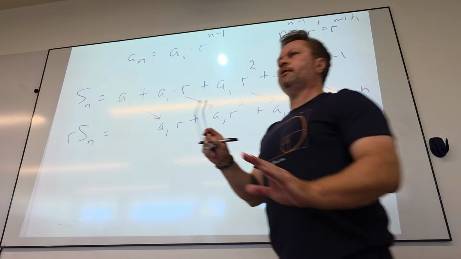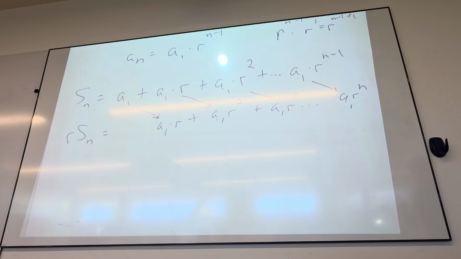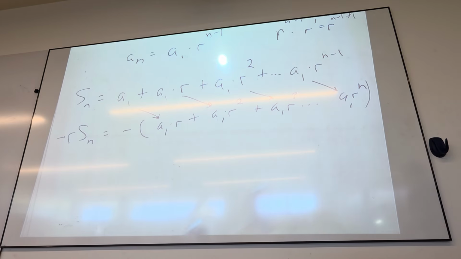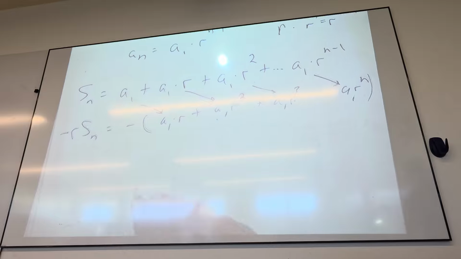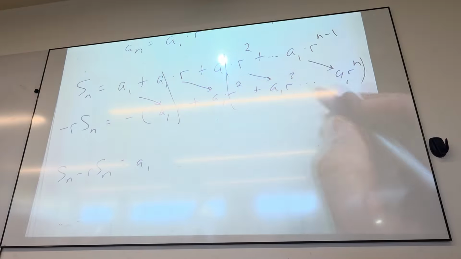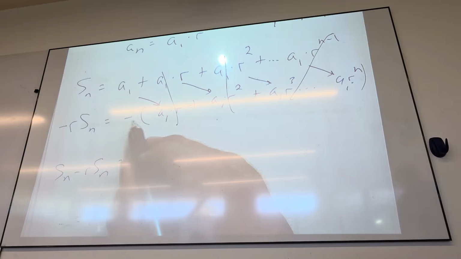Okay, this is such a trippy little thing. It's a little tiny bit like what you have to do with e to the x sine theta when you're doing integration by parts. I should have done the other thing first, but I'll be okay. If I subtract that, what do I get? I get Sn minus rSn equals a1, these cancel, and right before this is one of these, so they cancel, yes? And what's the only thing left here? Minus,